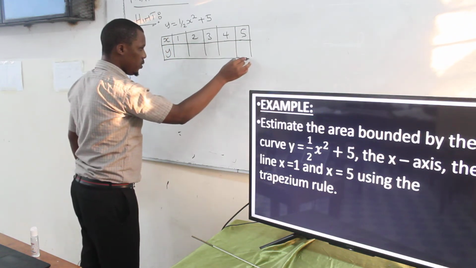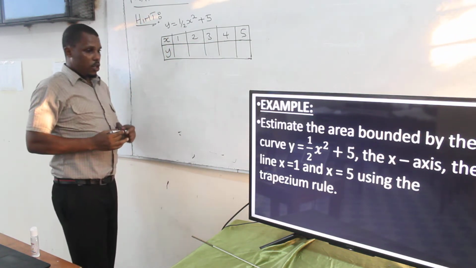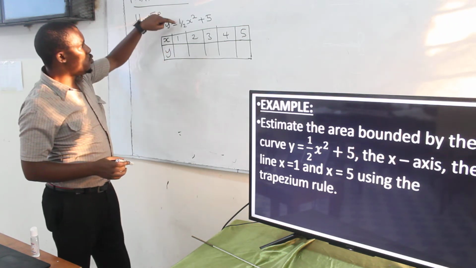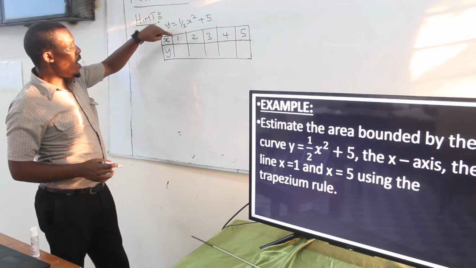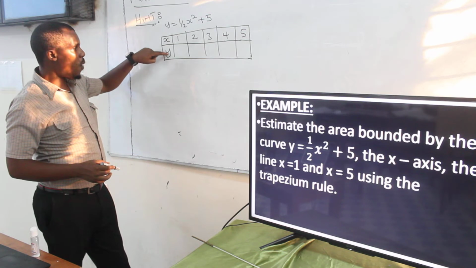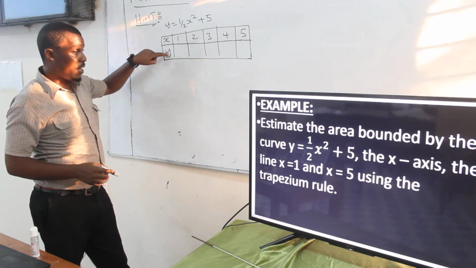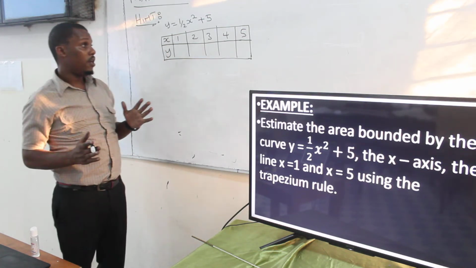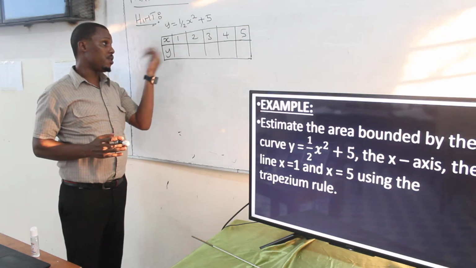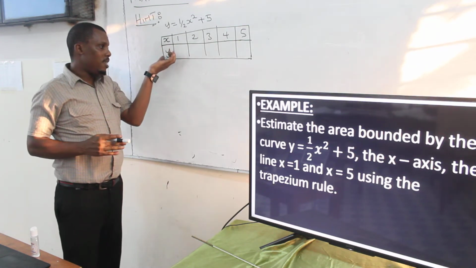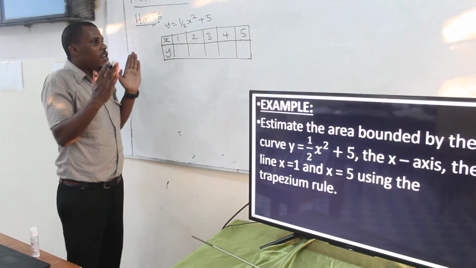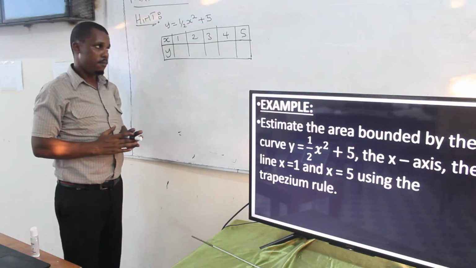So when you construct this table, these are the y's that you're going to need. So you take your 1, you substitute into this equation. So when x is 1, what is the value of y? Am I communicating there? I want you to be very careful on that. Because now the table is not given, you need to get the values of y. And for you to get the values of y, you need the range of the values of x.